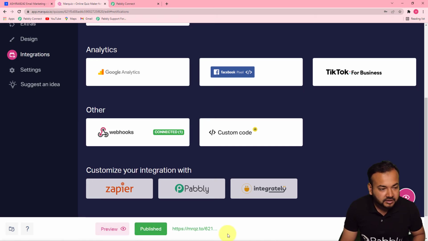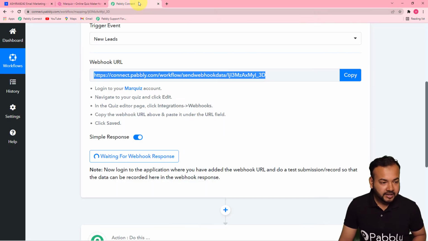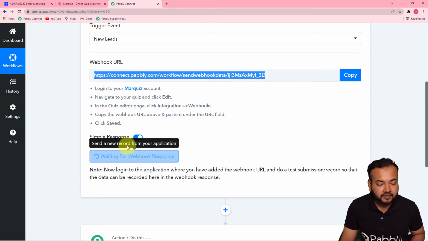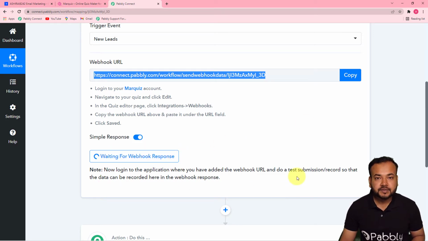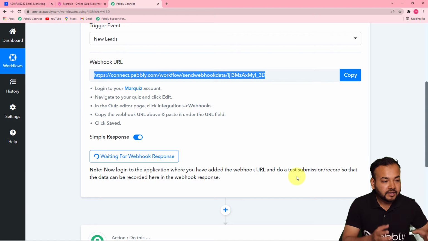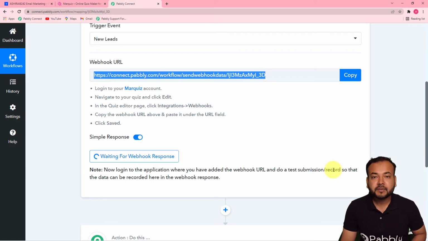So you can see the quiz is published. Okay, and here you can see, as you have copied this webhook URL here in Pabbly Connect, it started showing this waiting for the webhook's response. So this means now you have to do a test submission, or this means now you have to fill the quiz details. Actually, a test submission means that you have to open the quiz and you have to participate